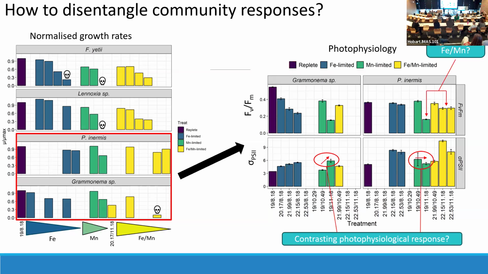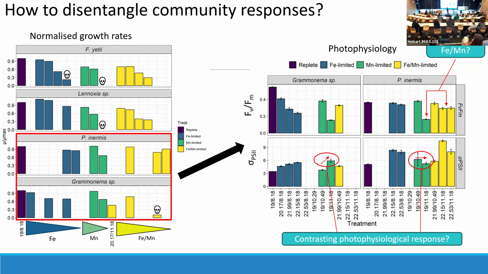This is my most limiting manganese treatment, and Proboscia didn't do really well under it. When I removed all the manganese from the treatment, it was very hard for her to photosynthesize properly. But then keep this incredibly low manganese concentration and also remove all the iron in the media, and suddenly she was photosynthesizing a lot better than when it was only manganese limited. This suggests that maybe there had been some interaction between iron and manganese, and competition to get within the